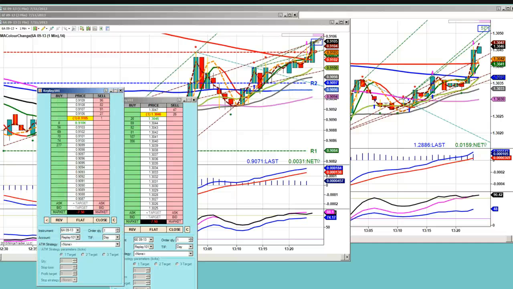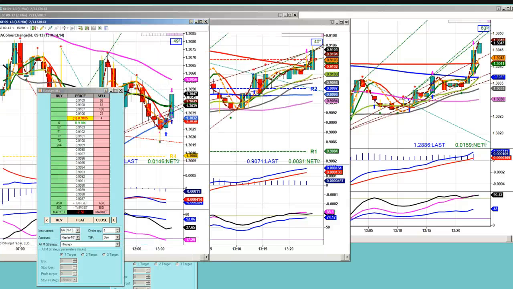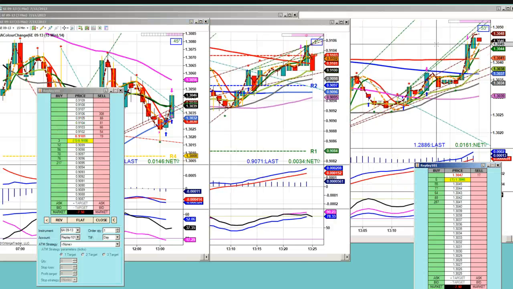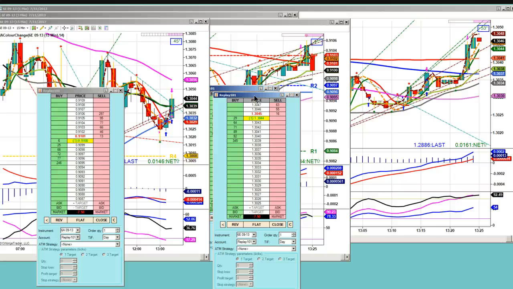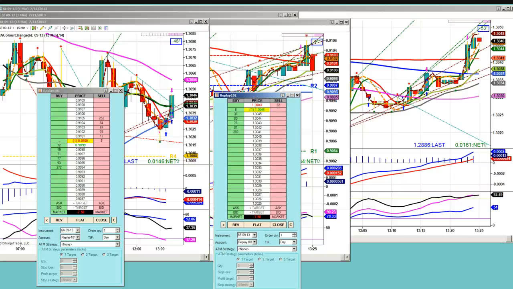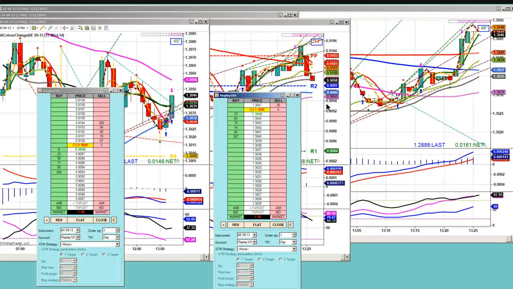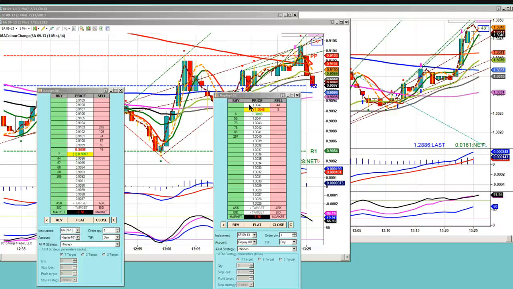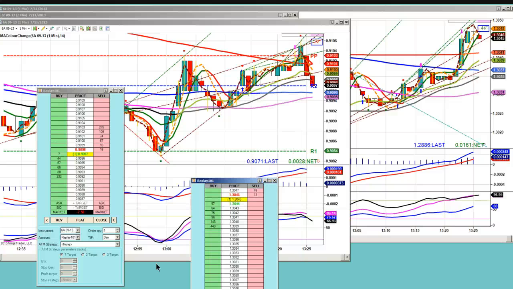So whether you're using one market and two accounts, or whether you're using two markets, trading one account in one market and the other account in the other, as I just showed you with 6E and 6A, both ways are going to minimize your risk. Here's the 6A, here's the 6E. Do you notice that they both went up at the same time? Most of the time, they're going to do that. Also, they're going to stagger.